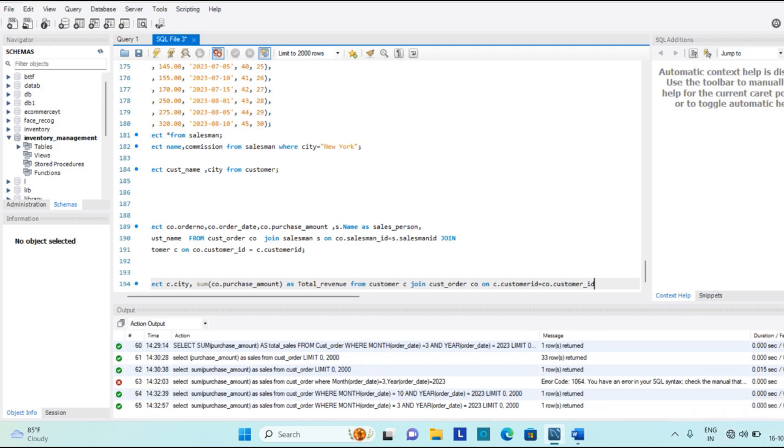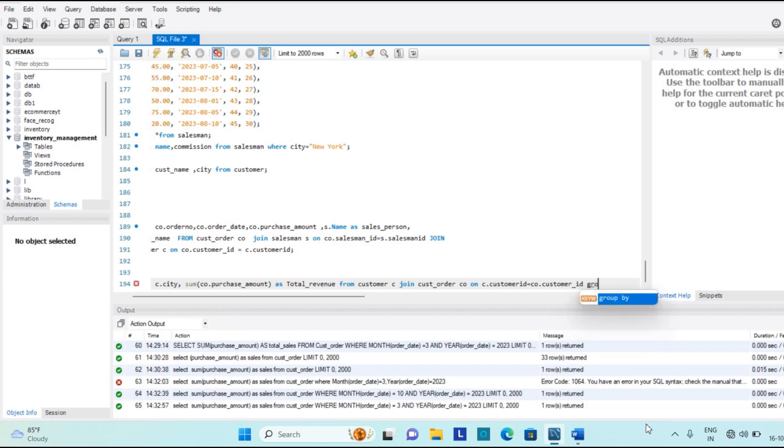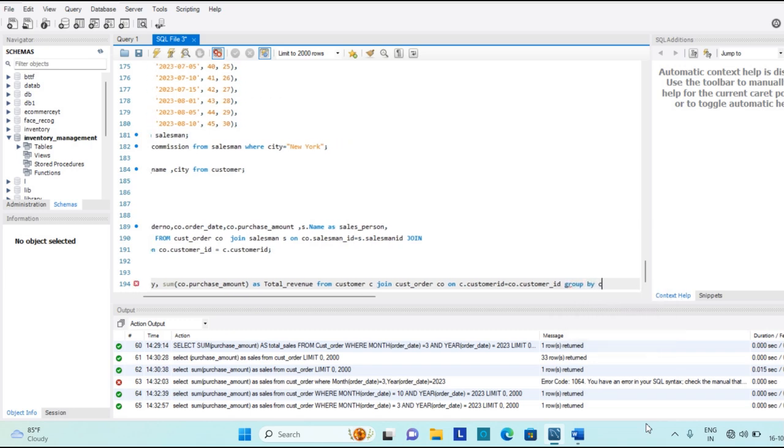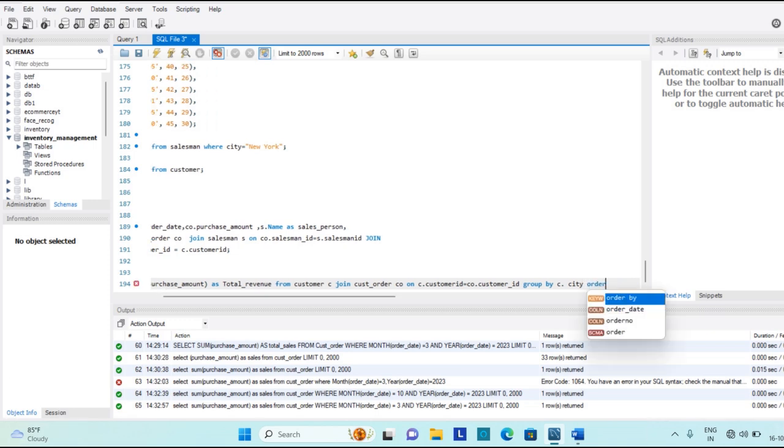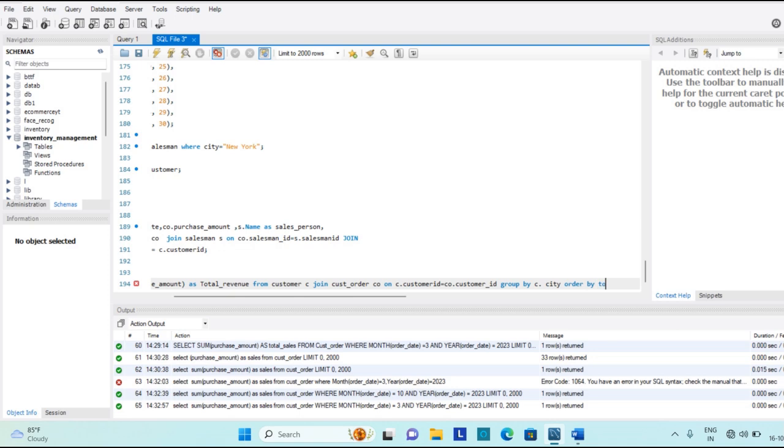customer order table. Then it should be grouped by city, because we need it grouped by C dot city, and order by total revenue descending.